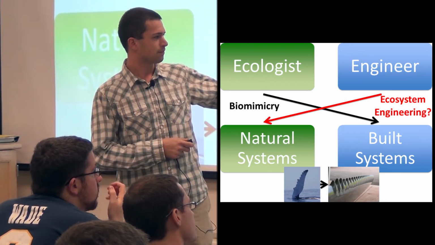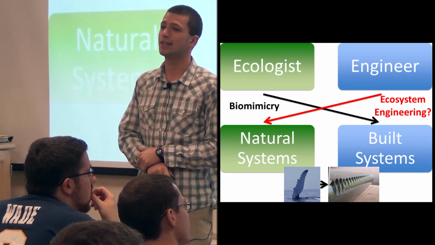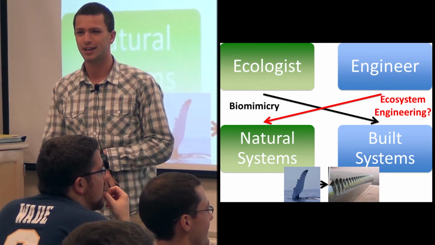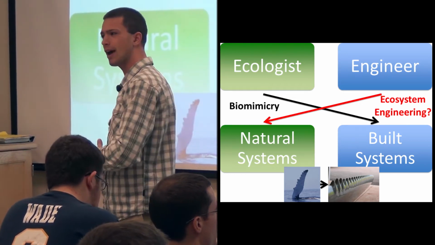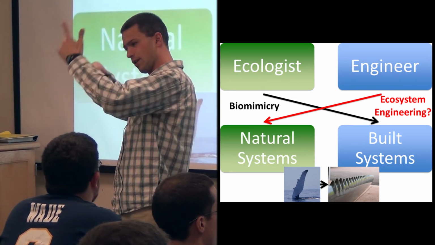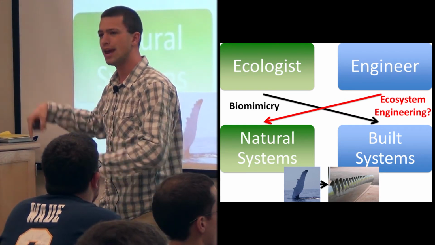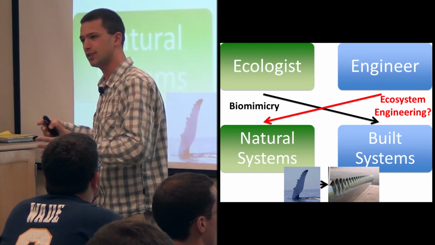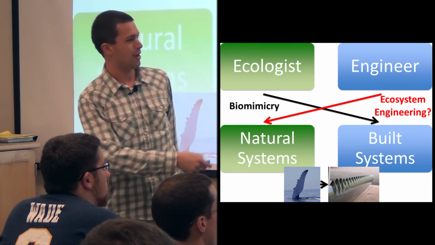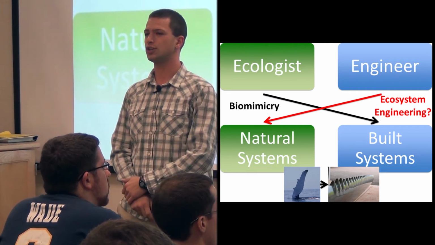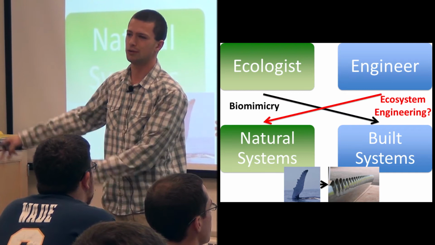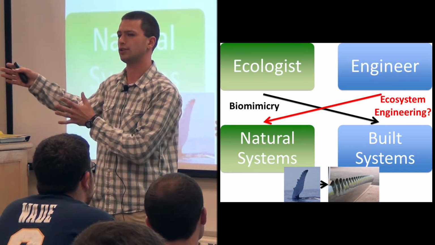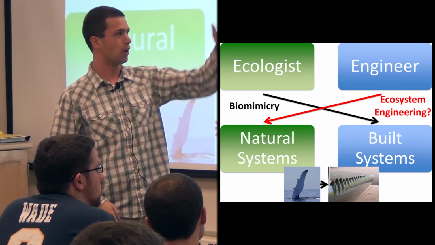So they probably didn't take an actual whale fin, but they made a model of it and stuck it in a wind tunnel and saw what was actually happening, and that those bumps on the back of the fin were actually creating these weird vortices at the back of the fin and made that shape more efficient as it traveled through the air. And so now they're making wind turbine blades mimicking that shape. So we have an ecological phenomenon or an idea that was translated into an engineering application that was actually better. So that's one way to go about it.